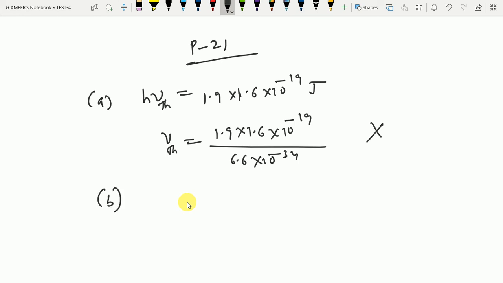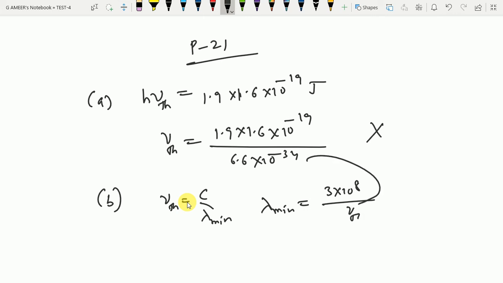So the minimum wavelength of incident light required for the photo emission. So nu equal to c by lambda, threshold c by lambda. This is the minimum wavelength. So lambda minimum will be equal to, c value is 3 into 10 power 8 meters per second, and you substitute here the frequency value. Or otherwise we can calculate like this. Lambda will be equal to hc, that is 12400 divided by energy 1.9, so it will come in angstroms. You make it approximately 6500 angstroms. That means it approximately matches.